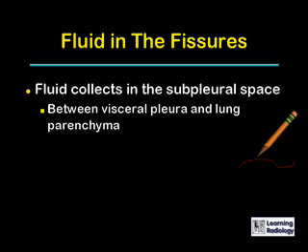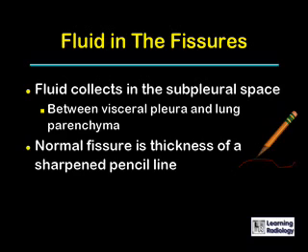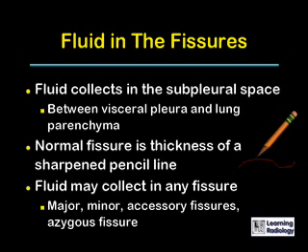Fluid in the fissures collects in the subpleural space usually, which is between the visceral pleura and the lung parenchyma. It could also collect between the layers of visceral pleura. Normally, the fissure will be the thickness of a line that you could draw with a sharpened pencil, and you can see the fissures in a normal individual's chest radiograph. However, when fluid collects in the fissure